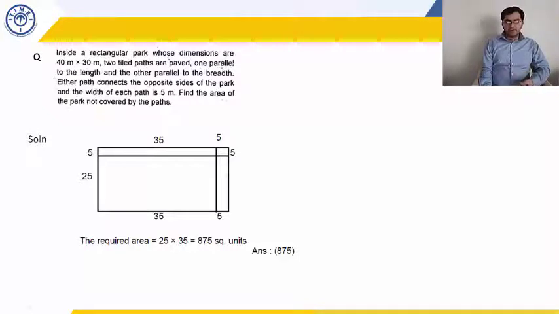Now, to complicate things, what you could have done is placed this path somewhere in the middle and this path somewhere in the middle. Of course, you will get the same answer, but the calculations would be a little longer. Whereas over here, when I have put the paths to a particular edge, then the whole area not covered by the paths is together. It's a whole. Otherwise, it would be broken. One part here, one part there, one part there. So that would call for some longer calculations. Of course, it can be done, but this would be the best way to solve.